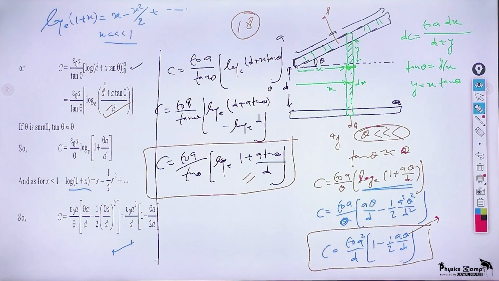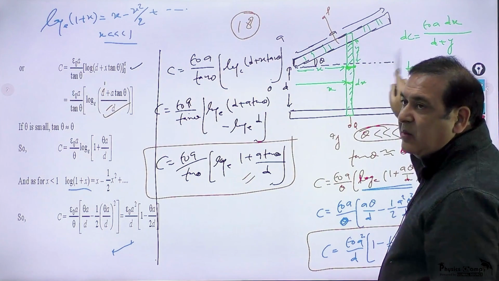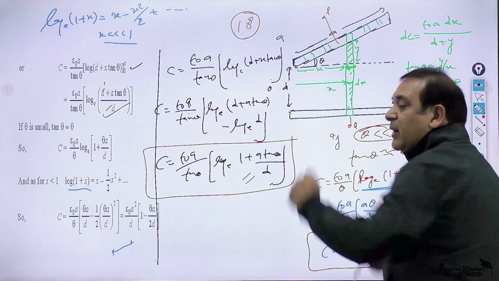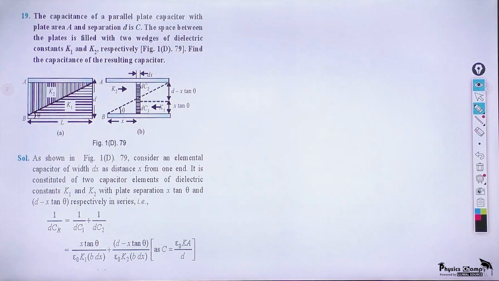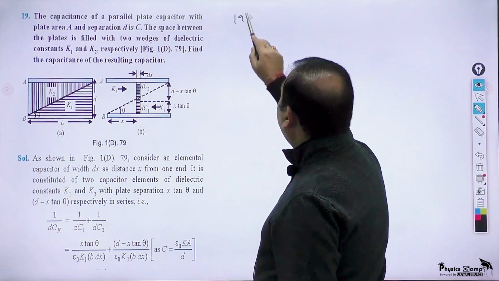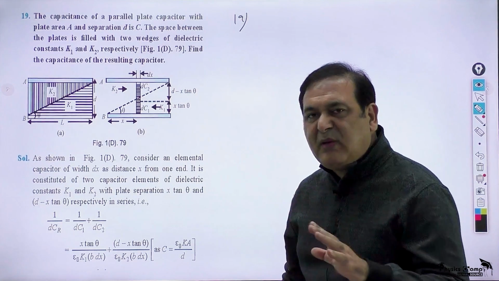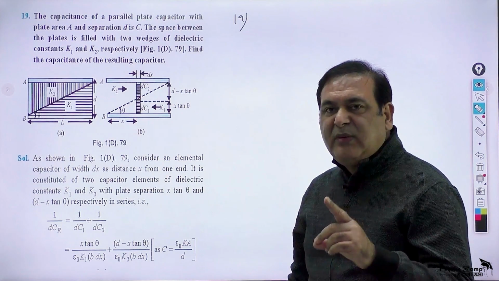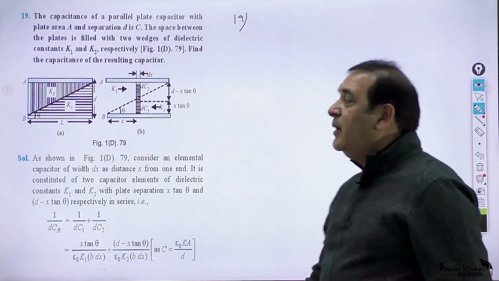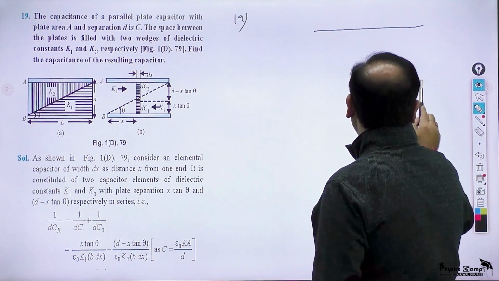So this was a question where you had no mention of dielectric constant; it was just a case where of the two plates, one plate keeps some angle with the horizontal. Now we'll look at question number 19, and this is a special question. In one way it can be treated as difficult, but in fact you have learned all the basic concepts behind it with questions 16, 17 and 18. You are well equipped with the concept, and you can look at the question, which says you have a parallel plate capacitor this time